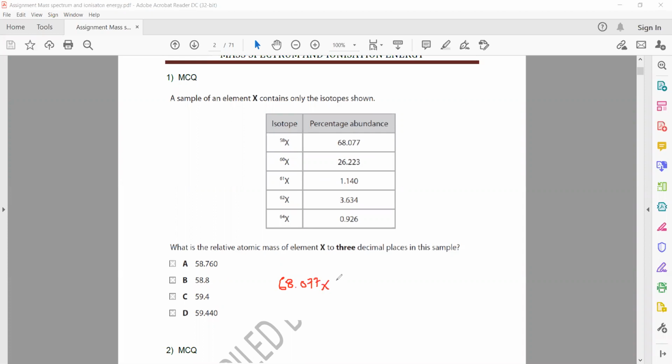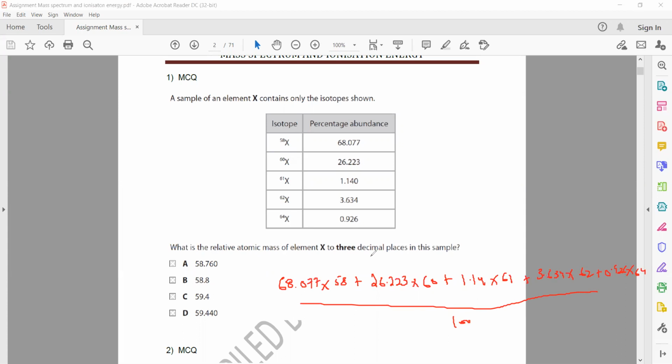68.077 multiplied by mass, which is 58, plus 26.223 multiplied by mass, which is 60, plus 1.14 multiplied by 61, plus 3.634 multiplied by 62, and the last one is 0.926 multiplied by 64, and that total will be divided by 100. So when we solve, it will come out as